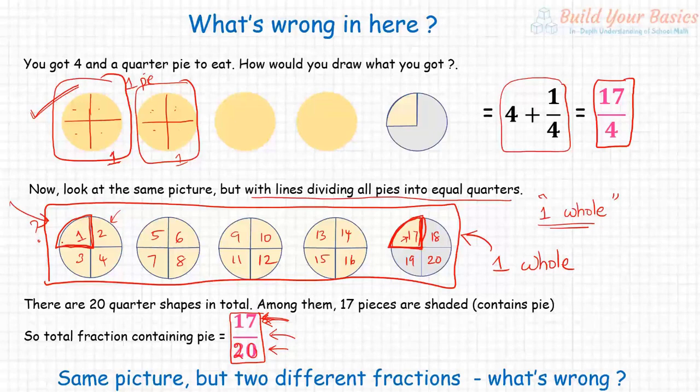This entire big rectangle I have drawn, right? This whole thing is one whole. Out of that, how many you have? You have 17. So this is 17, but you can also check this. 17 by 20 is less than 1, right? You will always get less than 1 in this kind of fraction. When you try to do like this, because the entire amount of pieces, all the pieces, you consider it as one whole. So whatever answer you get, you will always get it less than 1.